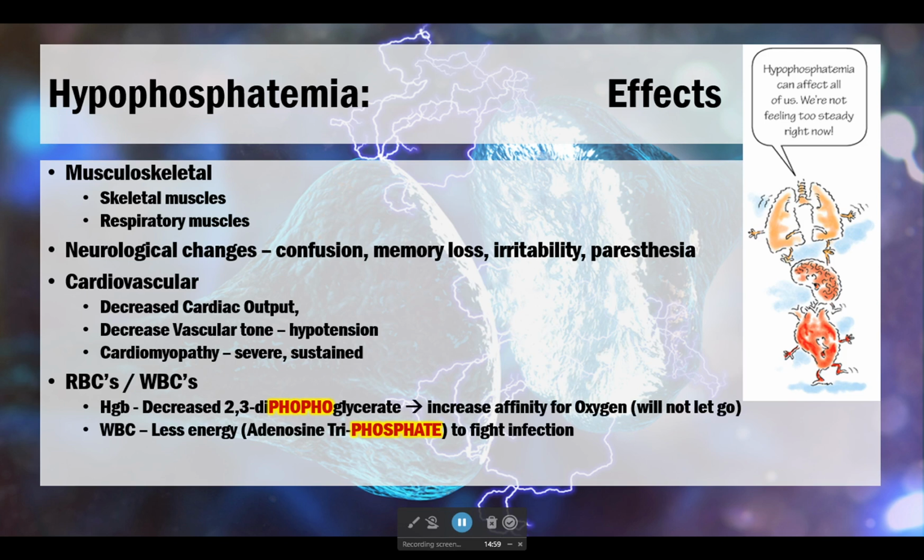This is the portion. The next portion here is what I mentioned earlier, and I don't expect you to memorize this. I just want you to grasp the essence of this. So hemoglobin, when 2,3-diphosphoglycerate is decreased, that increases the affinity for oxygen. In other words, when we have this diphosphoglycerate, oxygen is going to stay bound to hemoglobin. Another way to say that is it won't let go, or it won't move out into the tissues that it